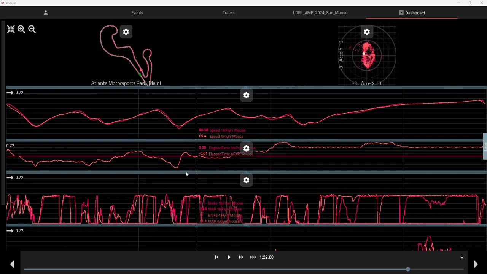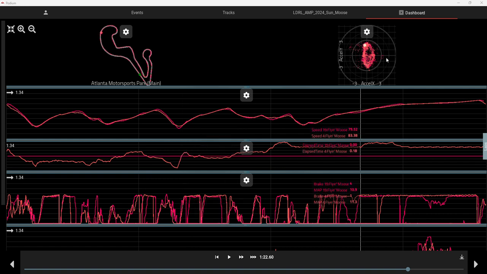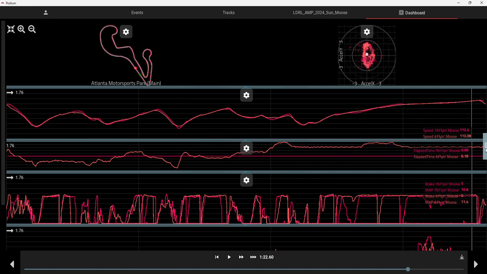All right, let's see if this works. I'm kind of geeking out over some of this new data acquisition we got from Race Capture. This is mine and Randy's fast laps from AMP a couple weeks ago in the Flying Moose. I thought it was really neat to be able to see some of this data and see where he beat me. He beat me by, I guess, right at about 2/10 of a second, if I'm looking at this correctly.